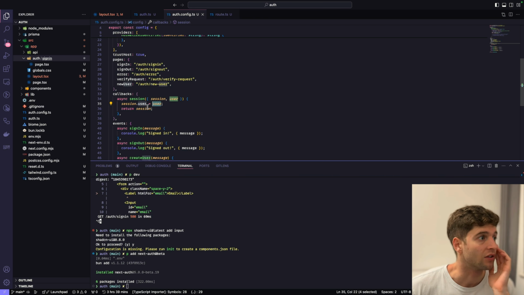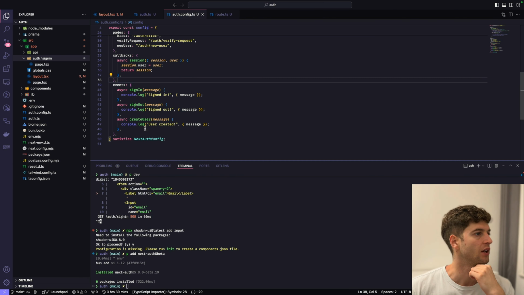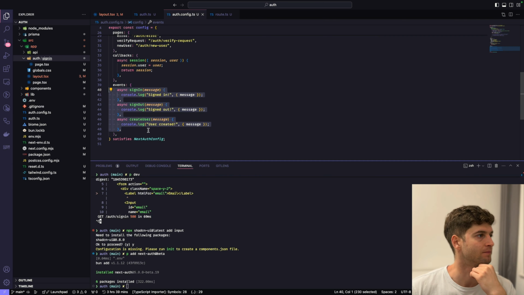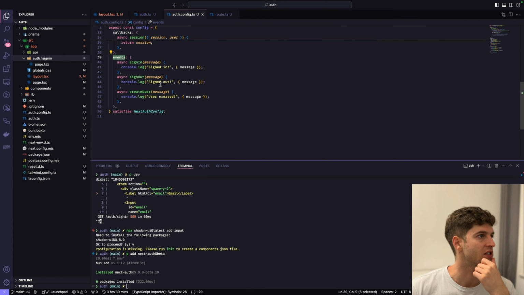So you can set it to the session and you can get that session anywhere in the application, both on the server and on the client. But in this case, we're going to be doing server only. And then just some helpful logging, which is always helpful. So that's our config, pretty basic config,